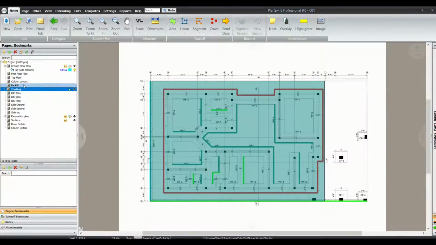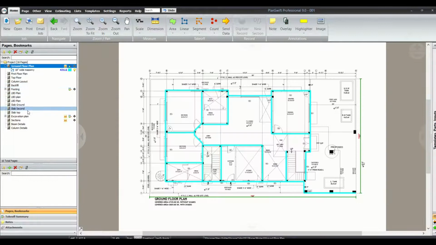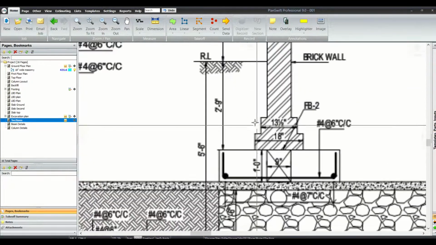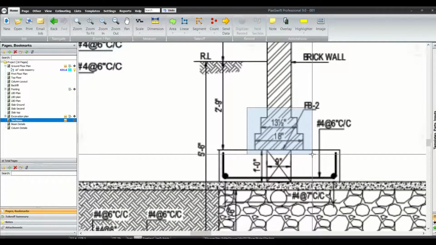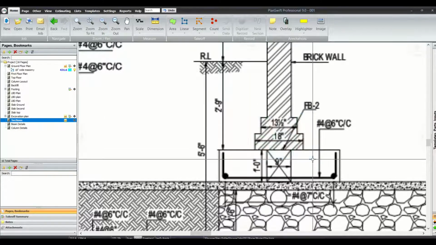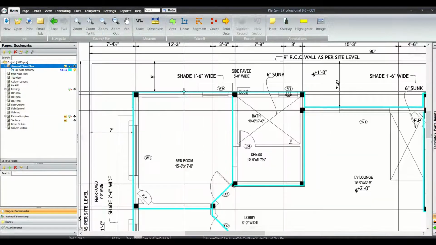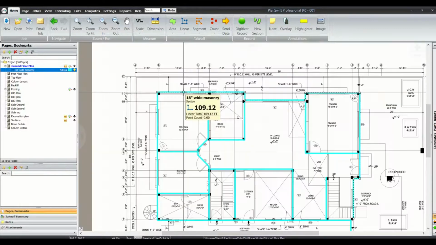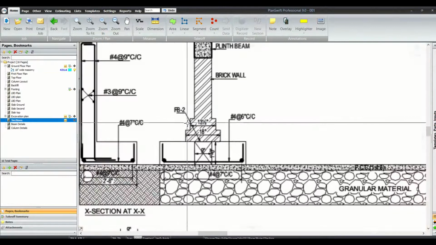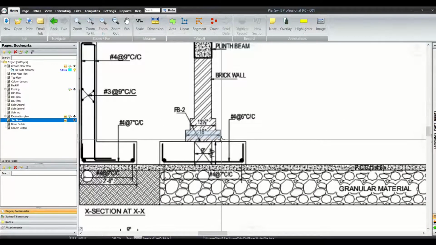Here we have different plans, and in the previous session we discussed the sections, and how we are going to generate the quantities of these step footings using brick masonry. For that we have marked this 18 inches wide masonry.